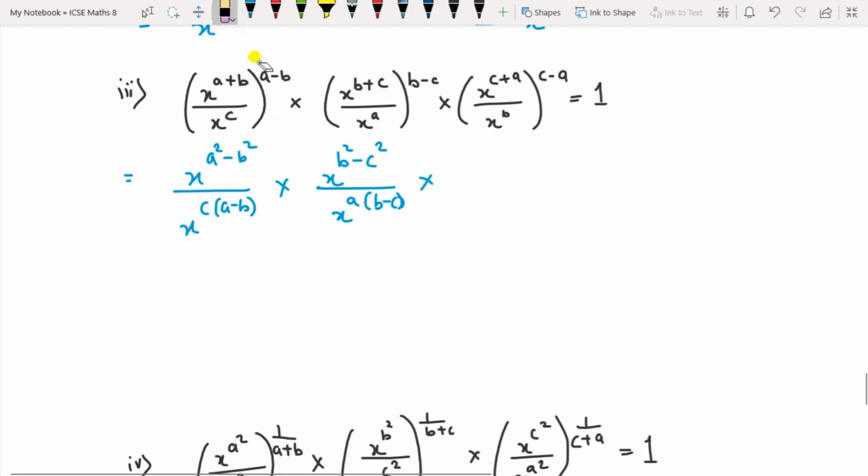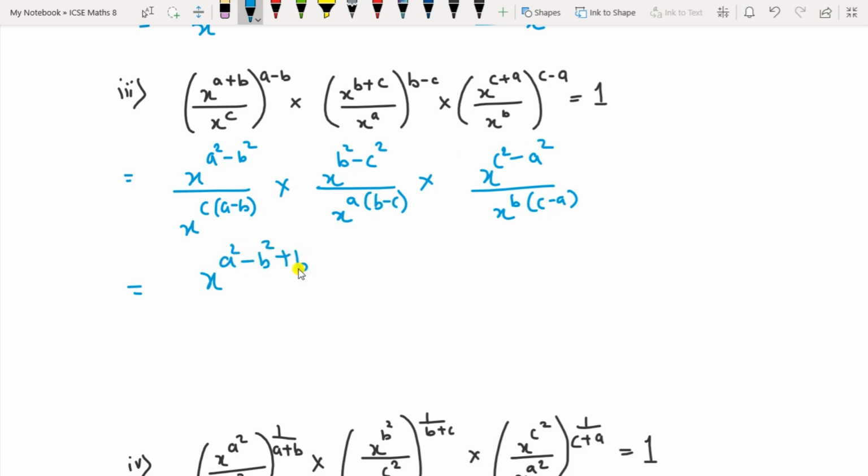multiply, this is c into b minus a, multiply x raised to c square minus a square upon x raised to b, c minus a. Okay, so it becomes now here x raised to, since the multiplication is there, you can add the numerator, so it becomes a square minus b square plus b square minus c square plus c square minus a square, the whole upon, now this one it becomes x raised to, multiply c inside the bracket